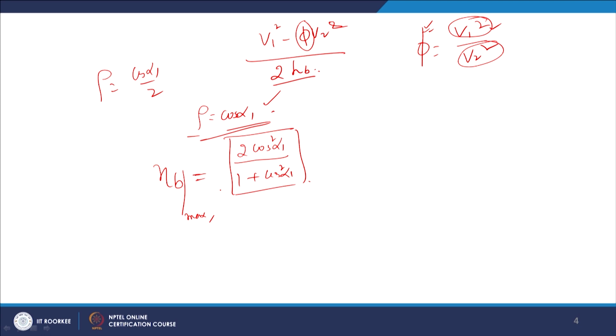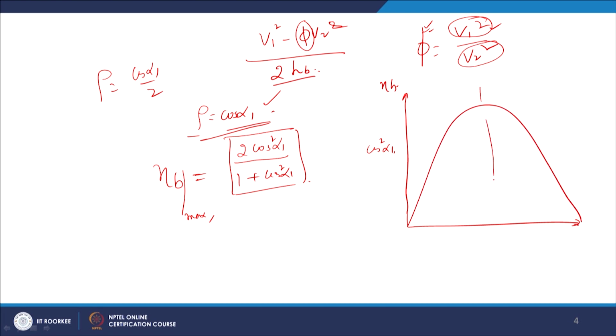Now if you draw the curve for the sake of comparison between the impulse and impulse reaction turbine, this is cos square alpha 1 and blade efficiency. So the blade efficiency is maximum at cos alpha 1 by 2. But here the blade efficiency is going to be like this, and it is for the velocity ratio cos alpha 1 only,